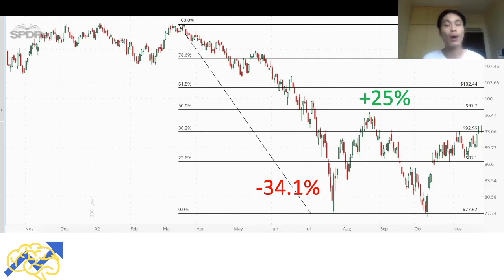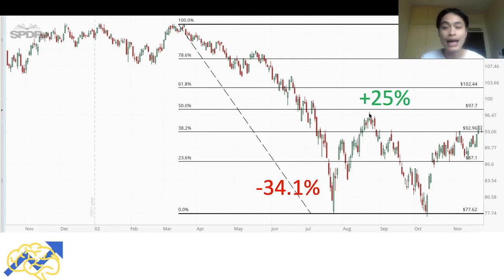So during this period, we can also say that the market was in a bull market, right? Why can we say that? Because remember, the definition of a bull market is when prices increase by 20% or more. So in this case, it increased by 25%. So this rally was a bull market. But as you can see, after that temporary bull market rally, prices fell back down, right? So now looking back, we can say that that bull market rally was actually a temporary bull market rally, and it was actually a bull market trap, right?